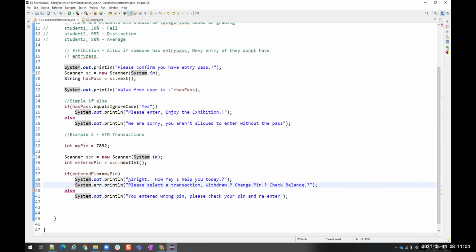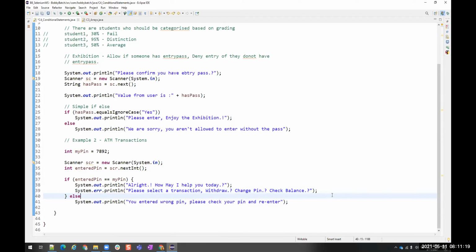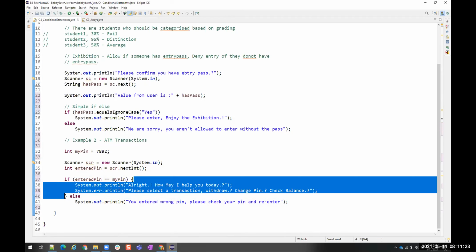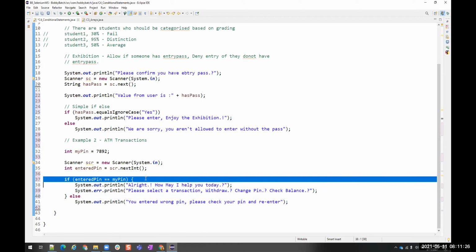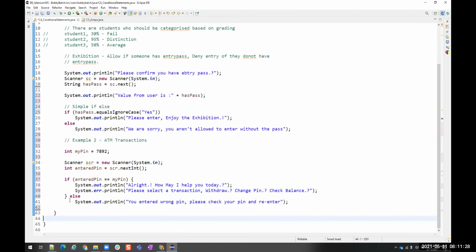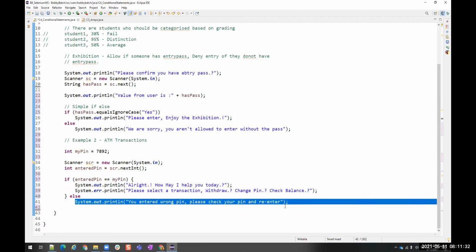So if I have more than one statement inside the if condition, then I have to use this block. I have to make this as a block. Now you see the error is gone. Right? So if you have more than one statement, you have to use this block. If you have only a single statement, then without mentioning these braces, you can directly write the code.